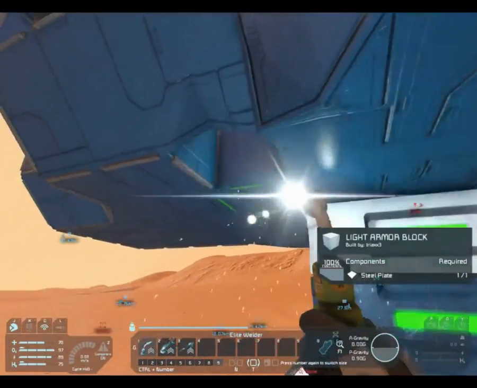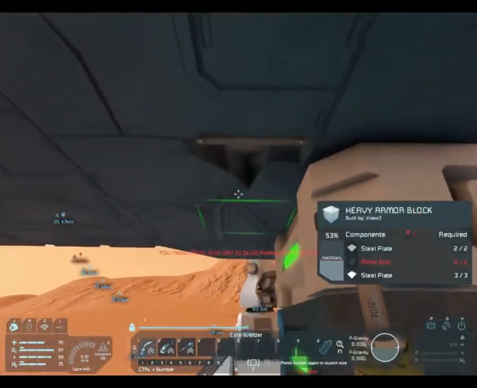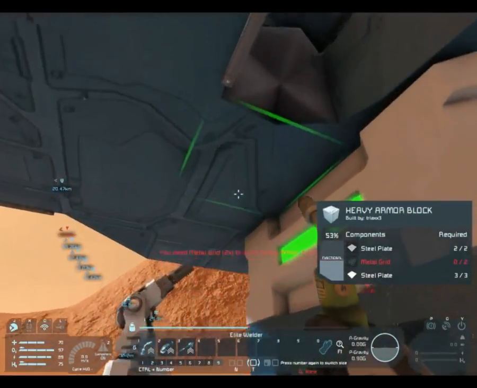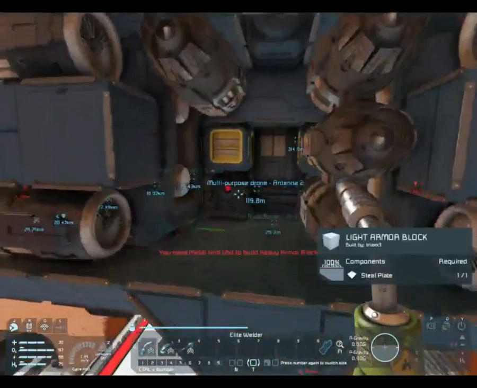Fortunately, this is all light armor, so it knocked out one block. Well, that actually worked out pretty well. The heavy armor is going to need some more work to repair. Not exactly sure how it managed to hit light armor, even though it was on the bottom and the back, but...